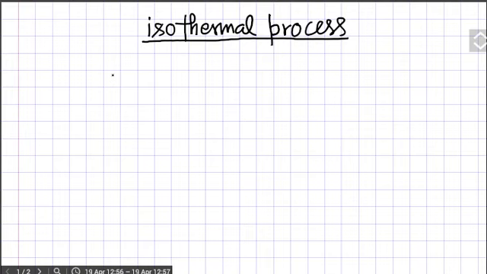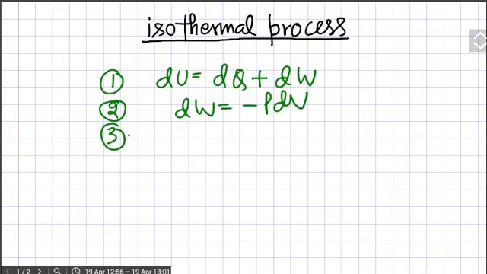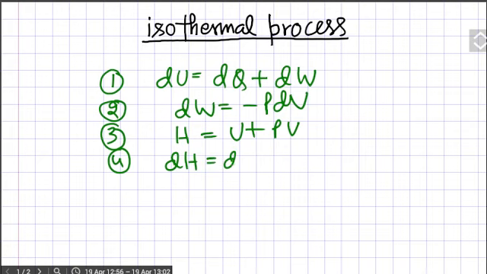Now again I would like to recap the basic formulas that will be used in thermodynamics. Number 1, first law of thermodynamics: dU is equal to dQ plus dW. I am writing this formula again and again so that it goes into memory. Number 2 is the work formula, minus P dV. Number 3 was the enthalpy. Many times you will need this calculation also, and the change in enthalpy will be given by this.